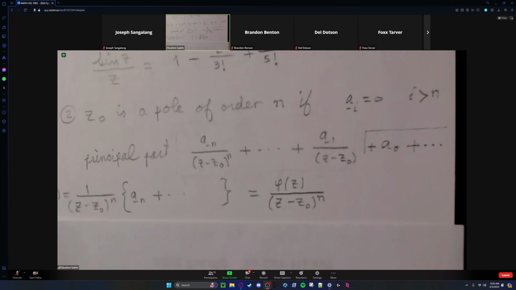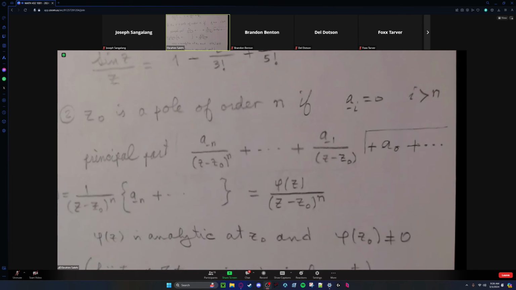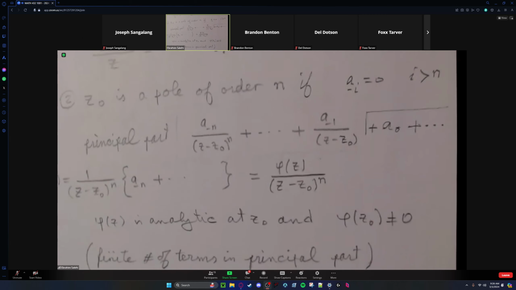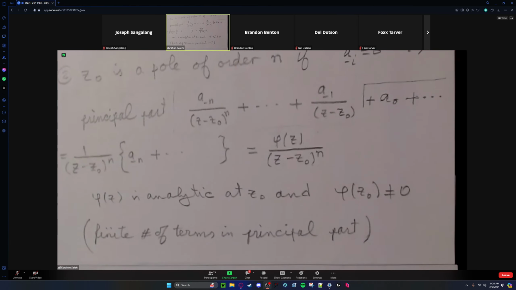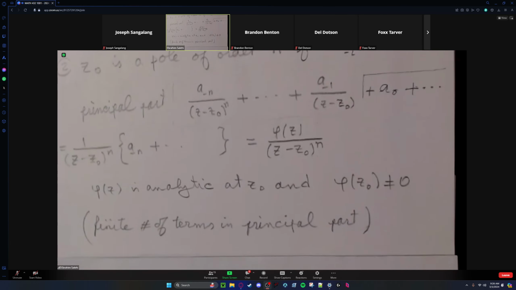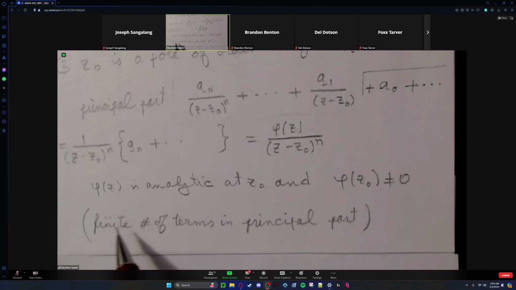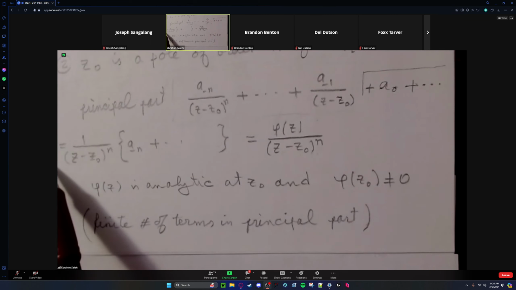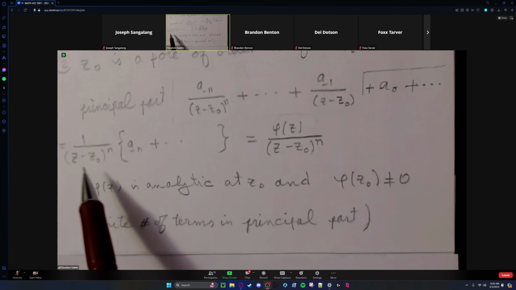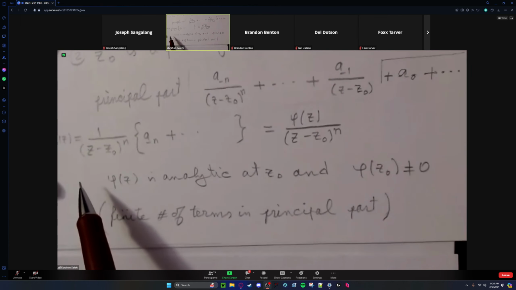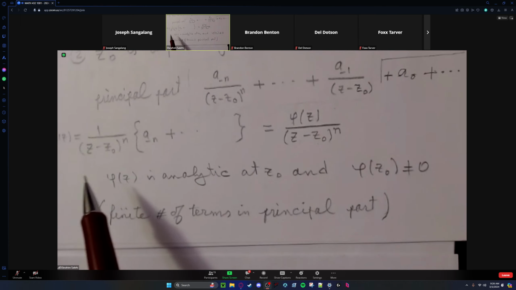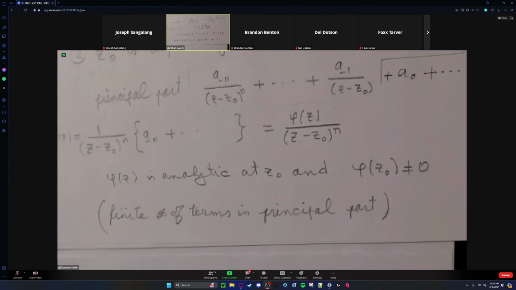Okay, so this is a very interesting observation. A function has a pole of order n if and only if